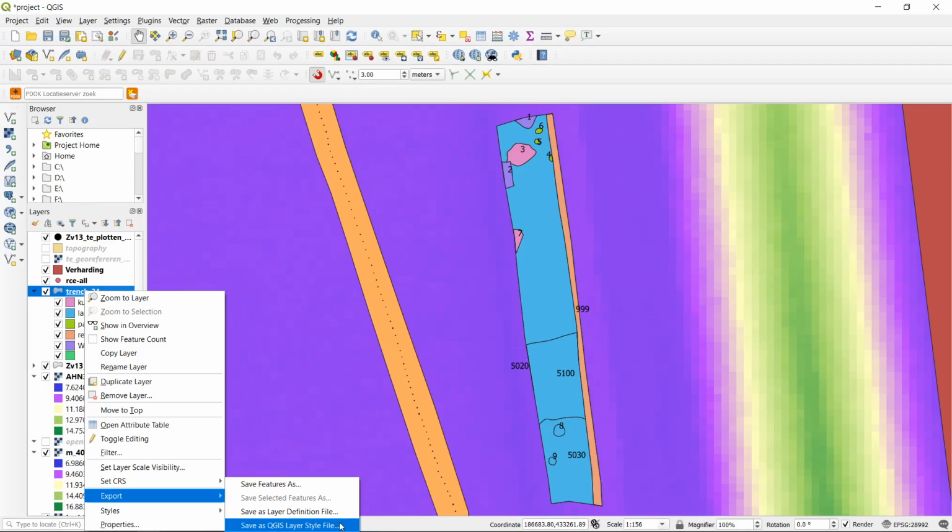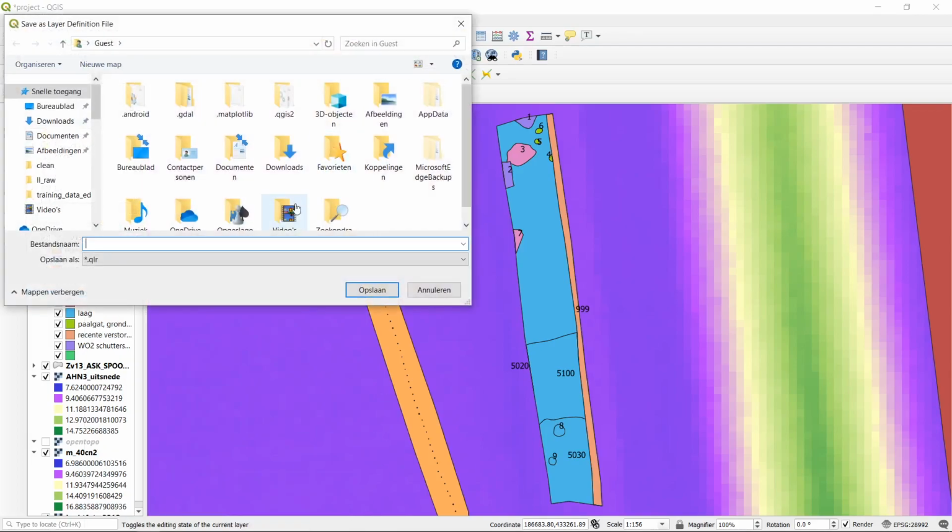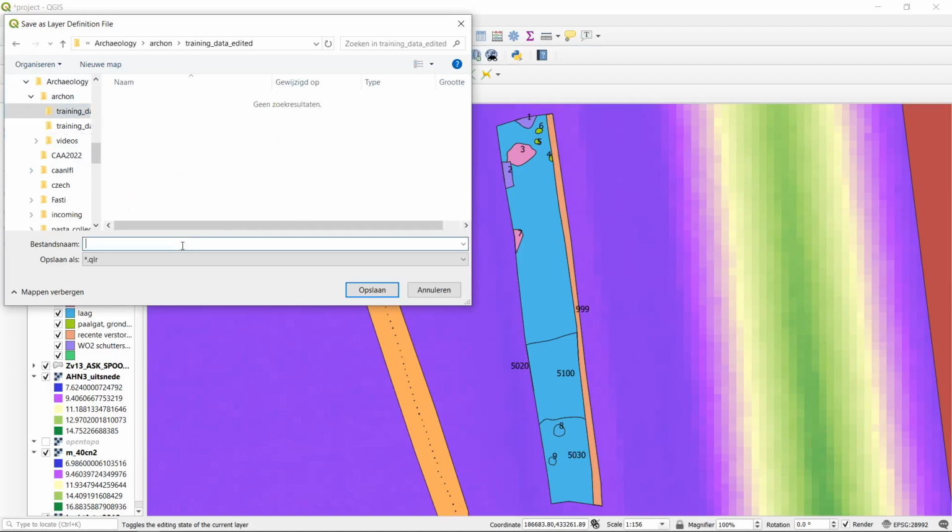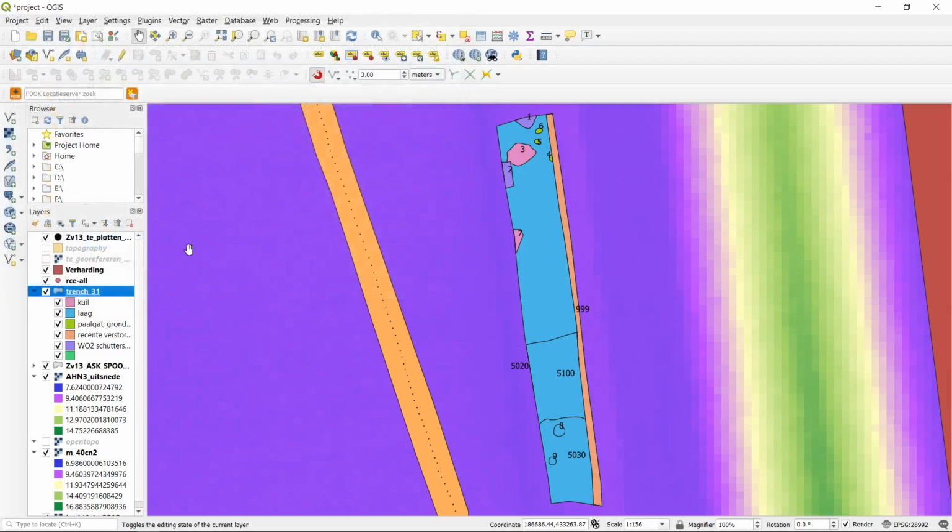If we want the style definitions to contain a pointer to the data, and thereby save the data with it, we are talking about a layer definition file. So I will save as a layer definition file. I see here that this is a QLR. I will go to the folder in which we are working with the data, and I will call this layer test. Okay, and what we now did is we saved the data in its totality with its